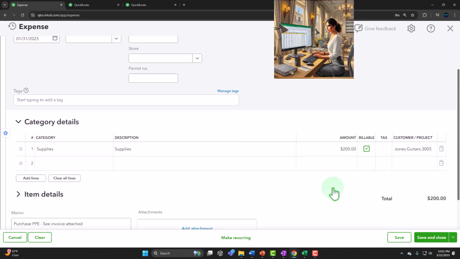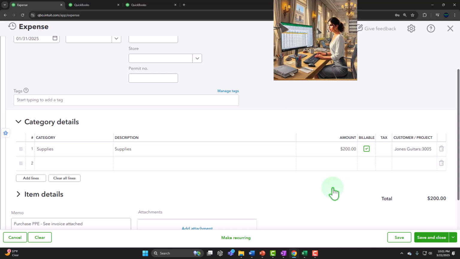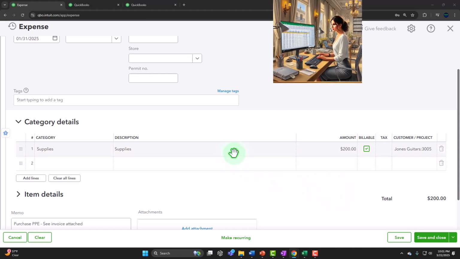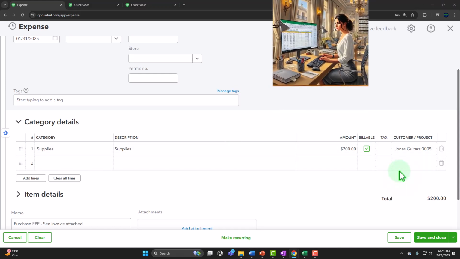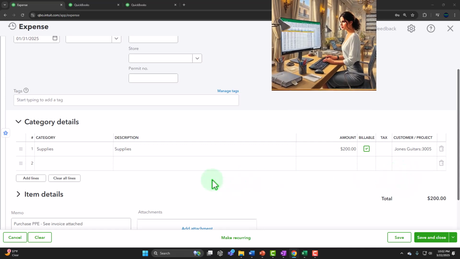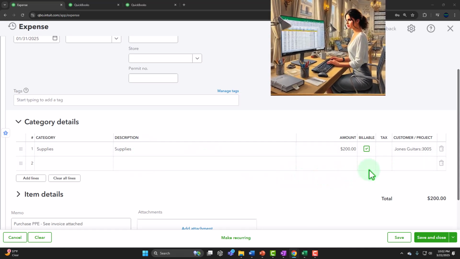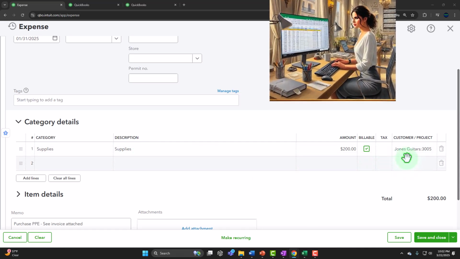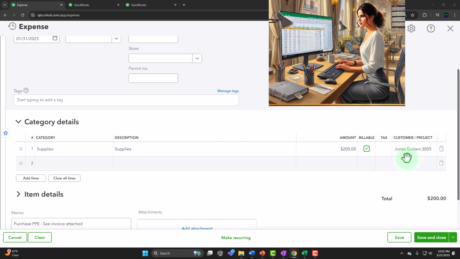And so what is this going to do? It's going to decrease the checking account by the 200 as we would expect. And then the other side is going to go to supplies. And then I'm going to be able to go into the sub customer this time and create an invoice from